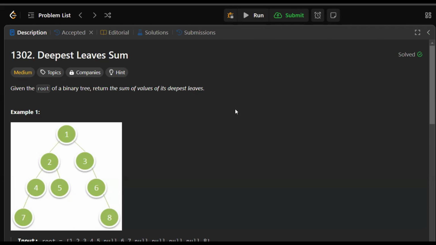Hello everyone. Welcome to the solution of LeetCode problem 1302 named deepest leaf sum. In this problem, given the root of a binary tree, we have to return the sum of the values